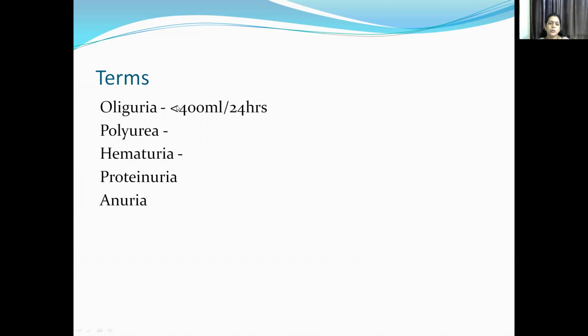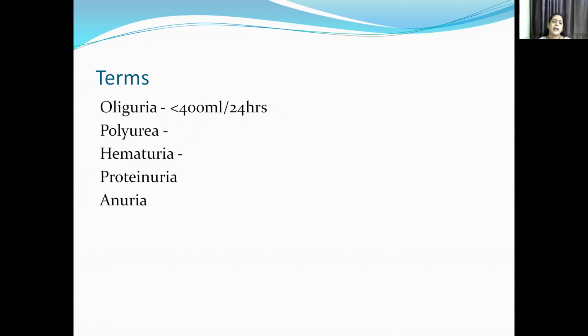That is oliguria. Oliguria is less than 400 ml of urine excretion in 24 hours. So that is very little urine excretion. This is something you have to remember, the term, that's less than 400. Polyuria: you're excreting more urine, you just sit for 5 minutes, then you want to go and pee, that's polyuria,